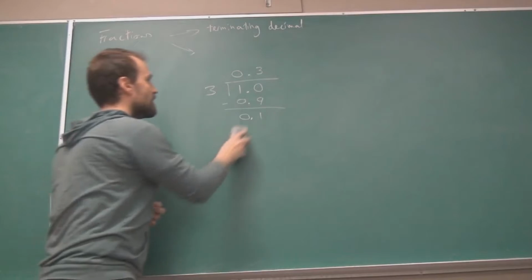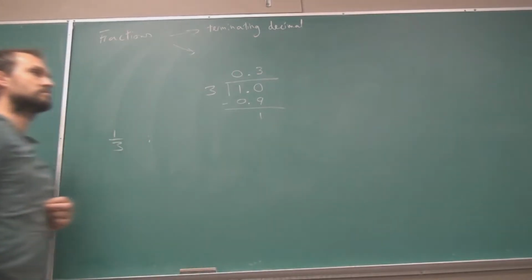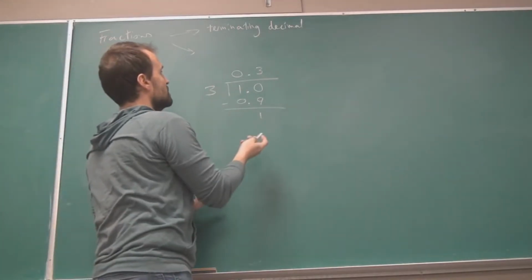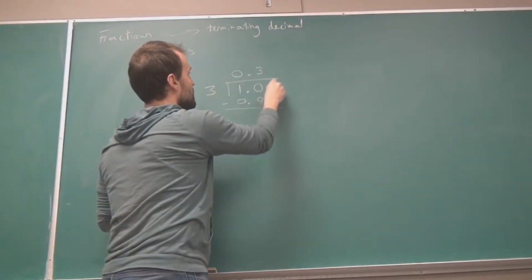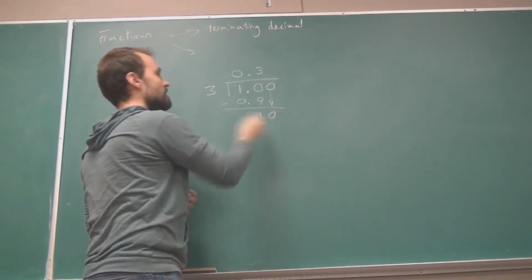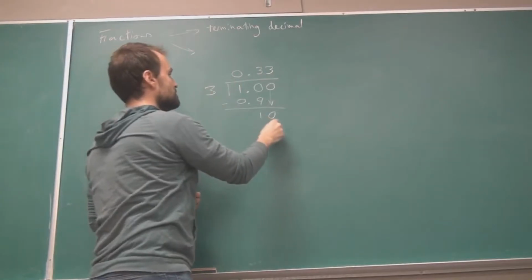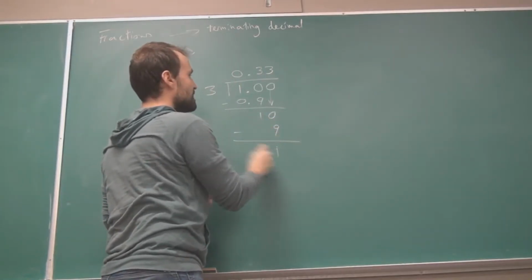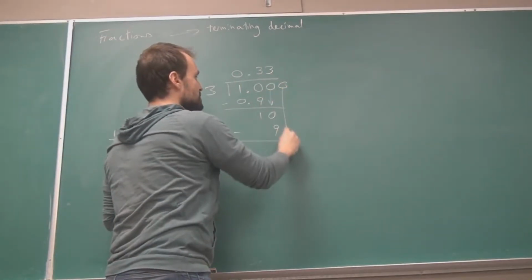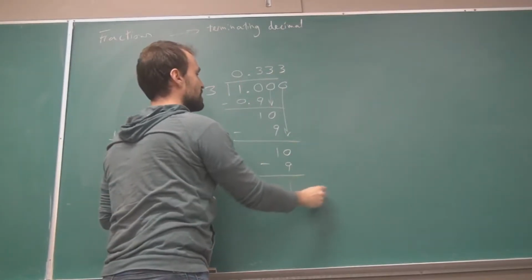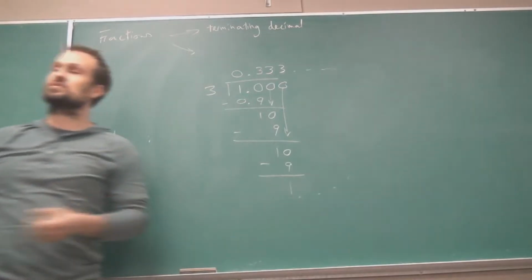Now you don't have to think about the zeros, just like we don't in the normal long division with integers. Now 3 goes into 1. No, I can't do it. I'm going to add another 0. Bring it down. Now I have a 10 again. 3 goes into 10 3 times. 3 times 3 is 9. Take it away. I have another 1. Bring down another 0. And you'll see I'm going to keep doing the same thing over and over and over and over, and I'll never stop.